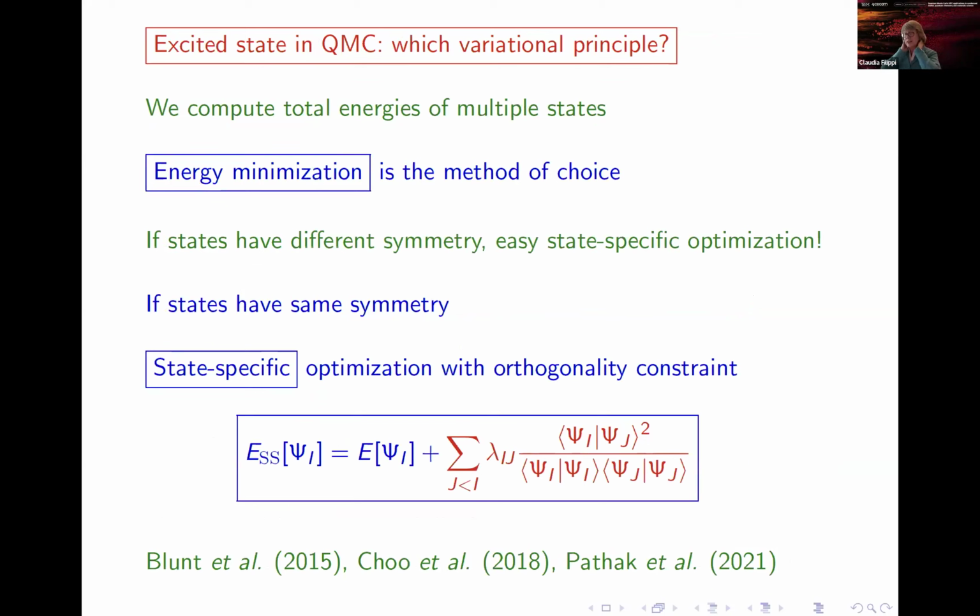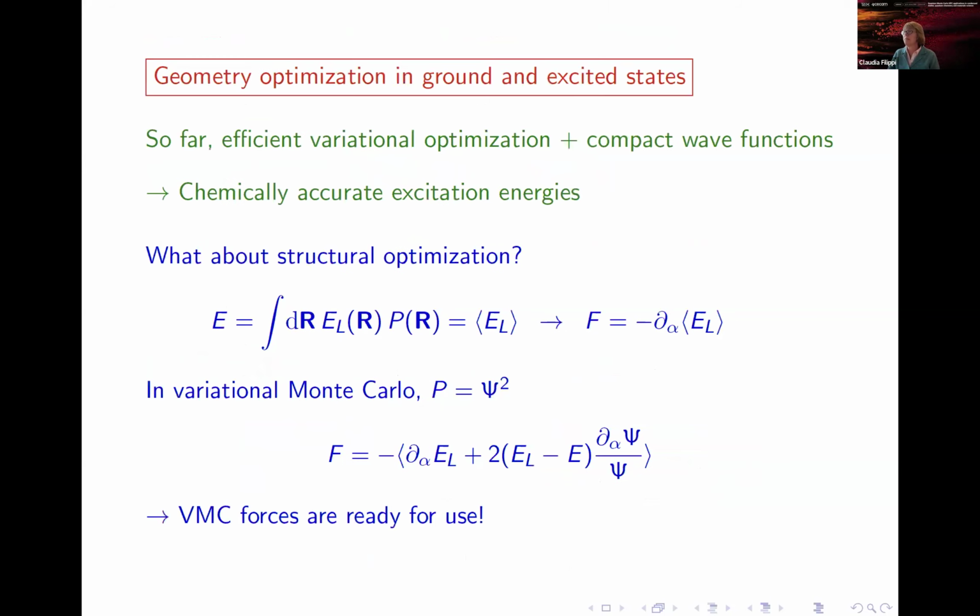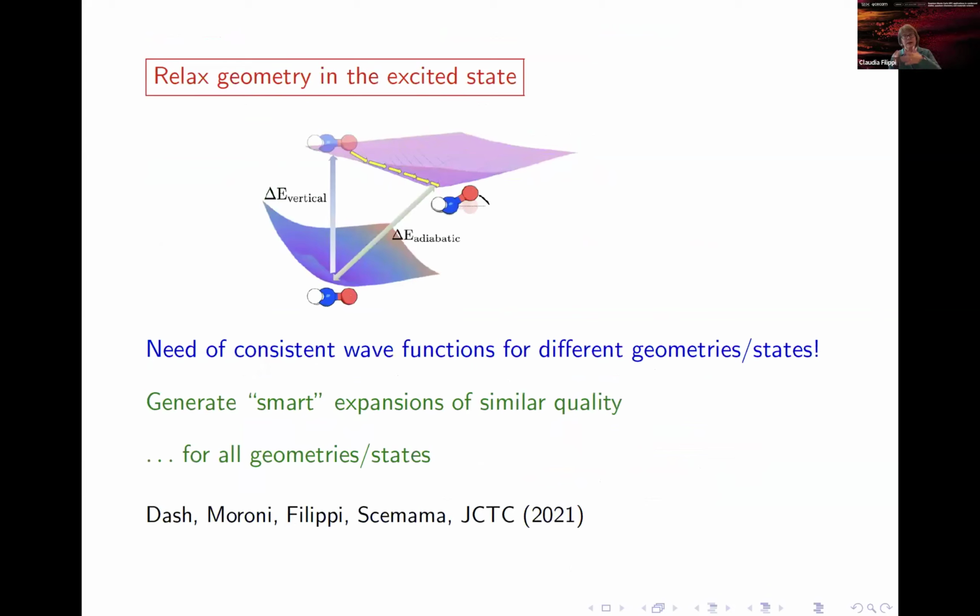Okay, so now, as I said, we compute the excitation by looking at different states, and we're actually using energy minimization. Of course, it's very easy if the states have different symmetry. If they have the same symmetry, we use a state-specific approach, imposing orthogonality, which is also done by Ali in the context of full CI QMC. Okay, so here I'm going to skip. The only thing I will say is that we can relax the geometry. I promised that at the beginning. So we can also do so for the excited state